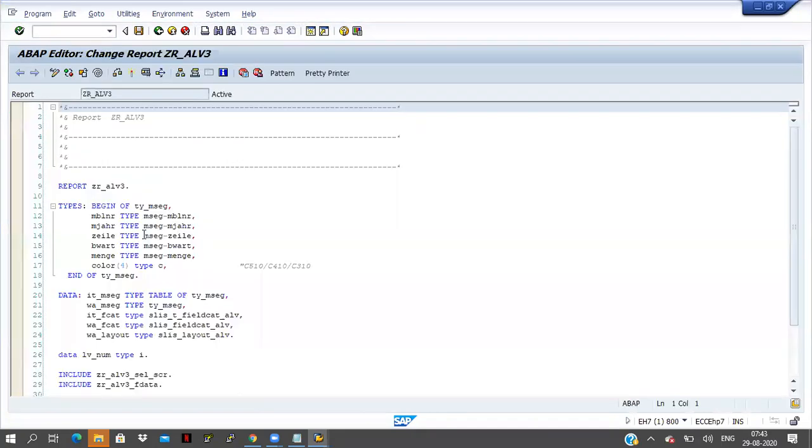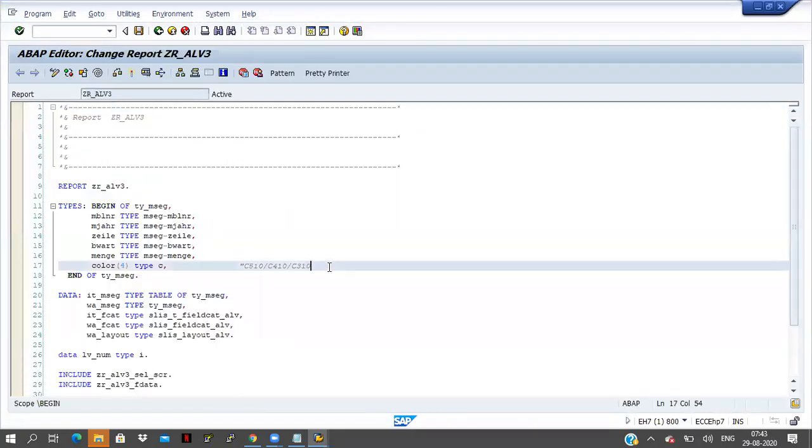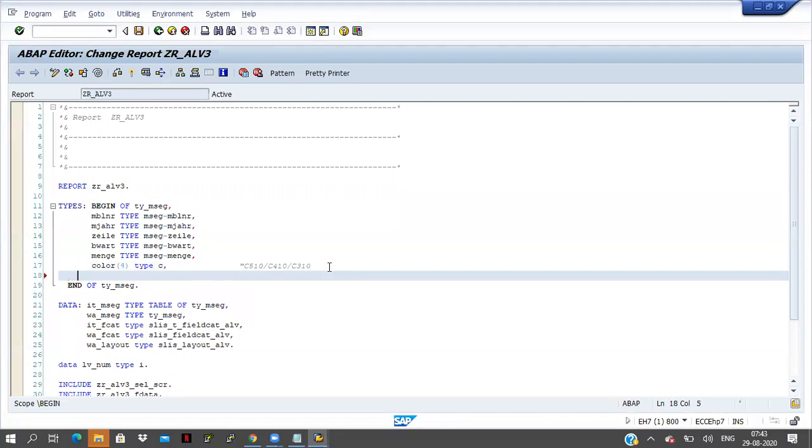This is the program, right? And here I will take one more thing. I'm applying icons, icon type C. So here what is happening? I am adding one more custom field here in the final internal table, the one you are displaying. In that internal table, I am adding one custom column, one custom field, icon.